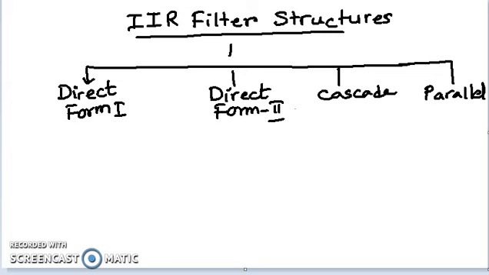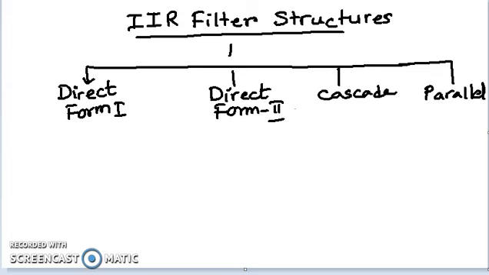Okay. Next, after getting the order, we get the transfer function of the low pass filter system in the analog domain. Now afterwards we get the analog transfer function, we can reconvert it into the digital domain because we are designing a digital filter. So we are again using either impulse invariance or bilinear transformation method, and from H(s) we are getting H(z). So now we got the transfer function.